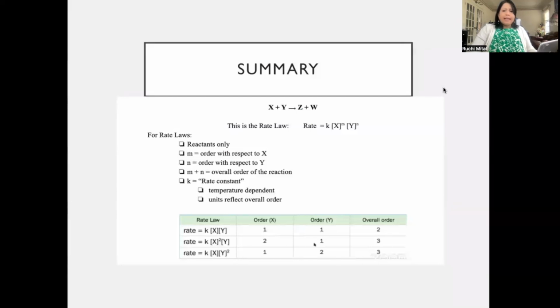So to summarize everything over here: the rate law is dependent on the reactants only. M and N are the orders of the reaction. When you add the values of M and N, you get the overall order of the reaction. K is your rate constant, which is dependent on temperature. It reflects the overall order of the reaction. And here are your equations that you